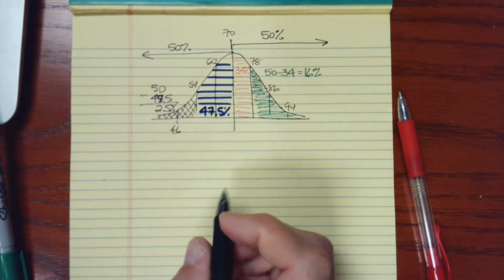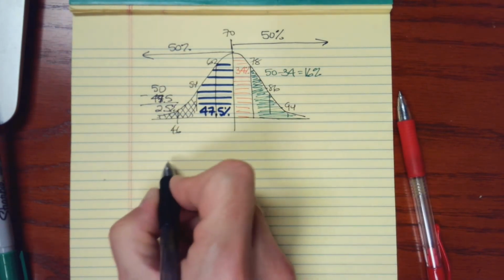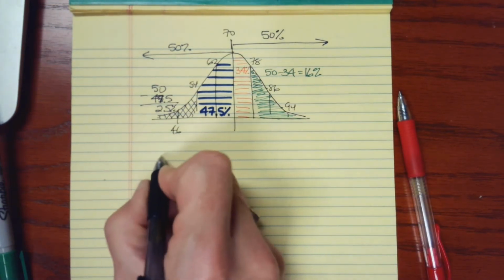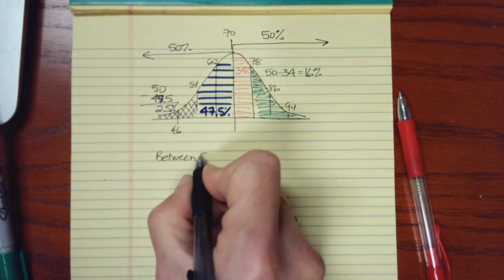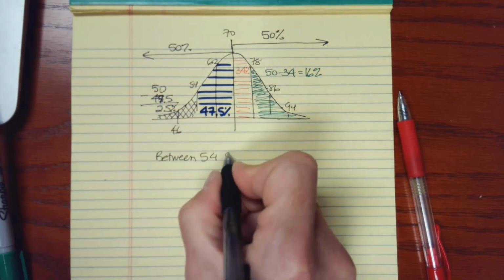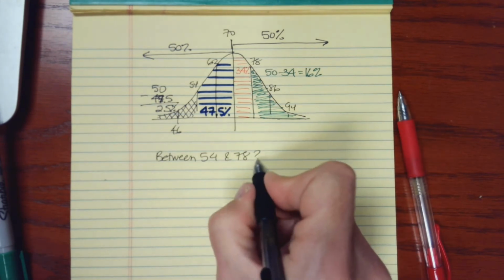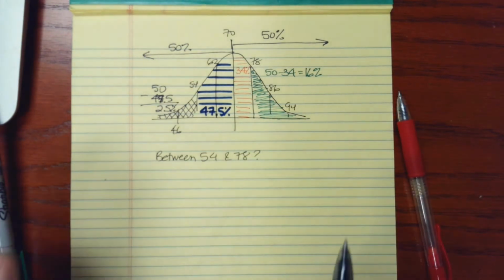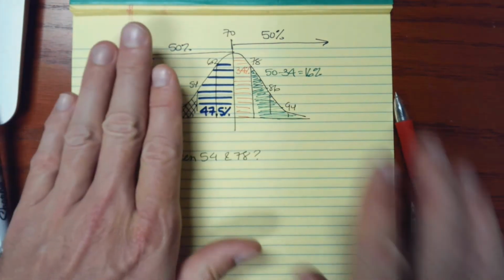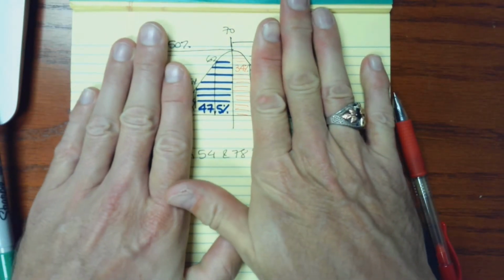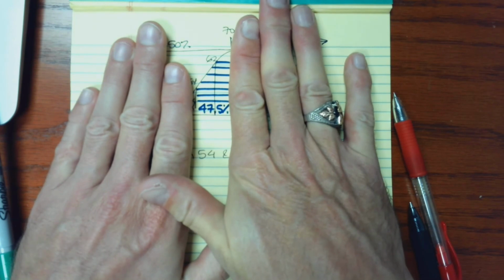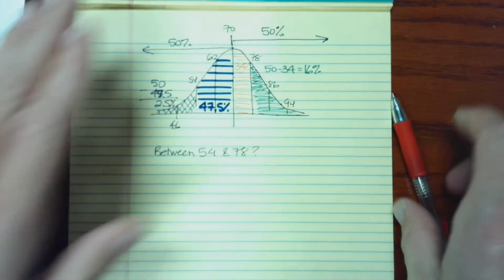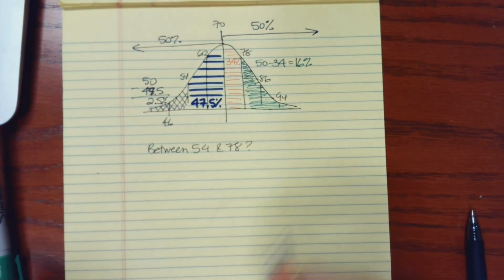So let's say that I wanted to know what percentage of test scores were between 54 and 78. Well, in that case, I'm wanting to know the percentage between here and here. Now, I know that that's 47.5, and this is 34, so I can just actually add then